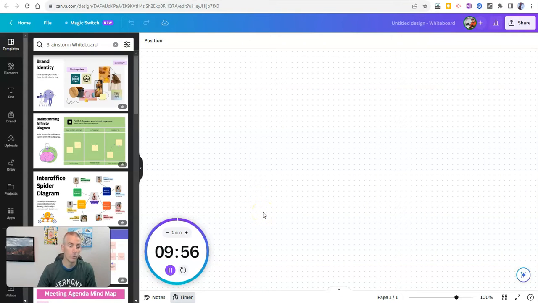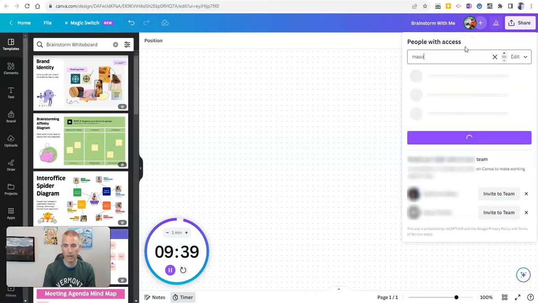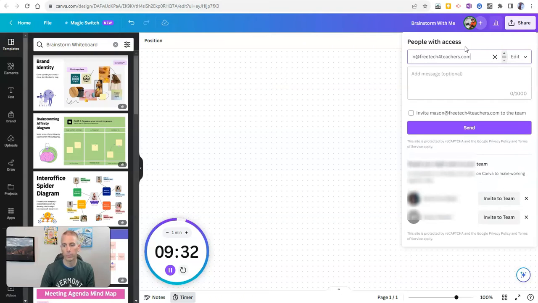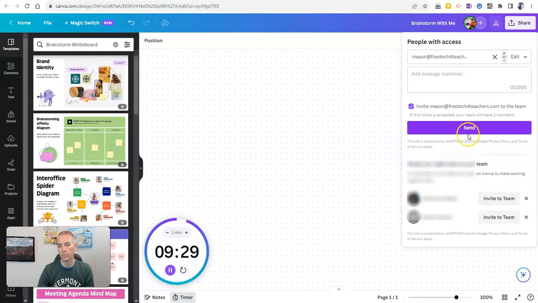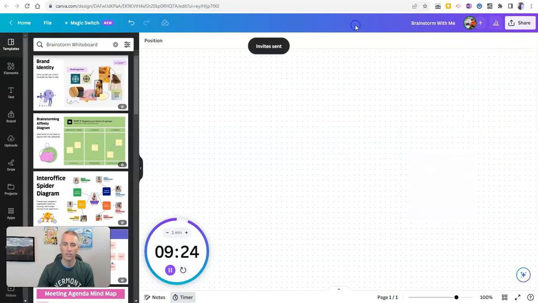But I want people to join in on this and say, hey, brainstorm with me. And right now I'm brainstorming by myself. I need to add some people to it. So let's go to the upper right hand corner. I'm going to add in a bunch of people. Like perhaps I'm going to add in Mason. Add in his email address. Okay. I'm going to invite him and send out that invite so that he can join me in this whiteboard